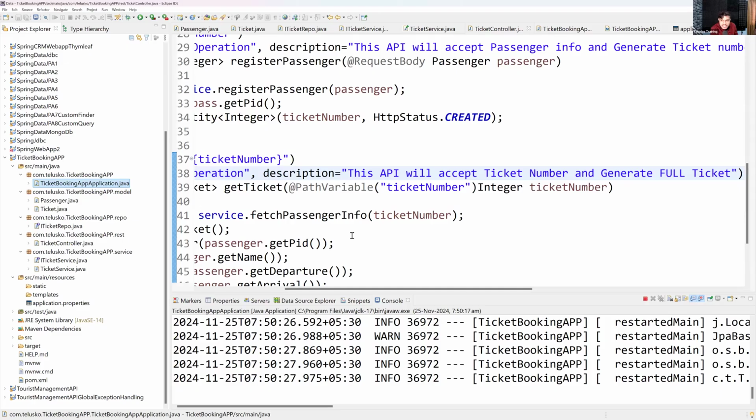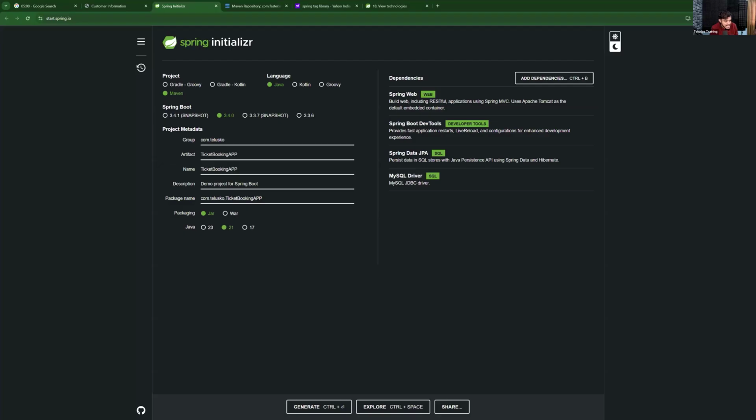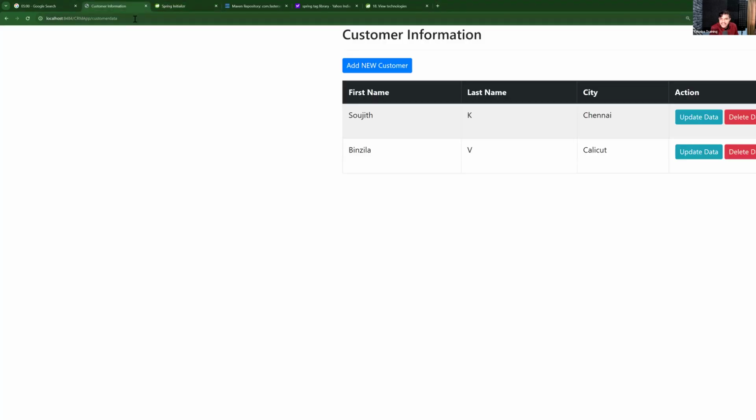Now, our focus is how to access this APIs which is developed by someone else. How to access. First thing is I should know about that API, for which I'll go to the browser. I'll go to the browser and I will try to access this. I'll go here and I will say here localhost. All of you are there with me? Yes, no, maybe. I'll go back here localhost 8485